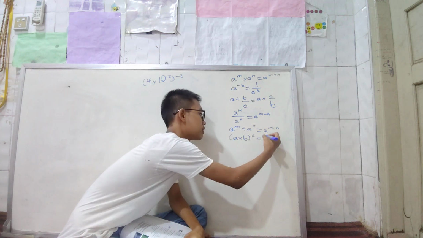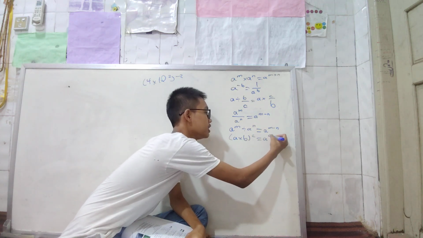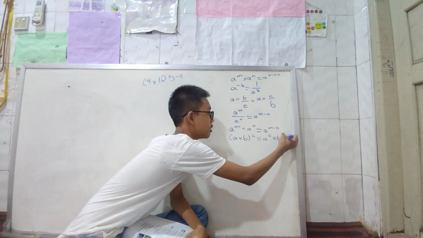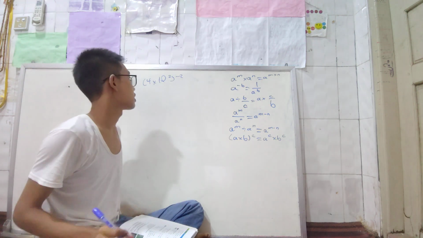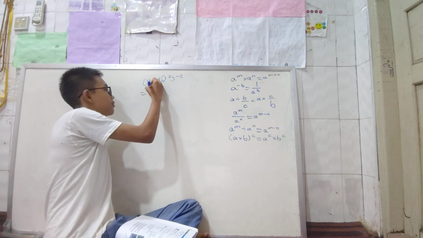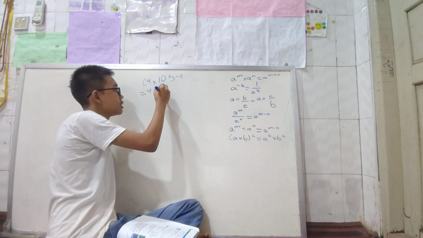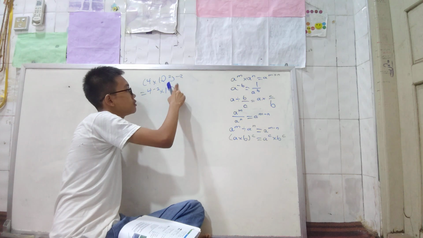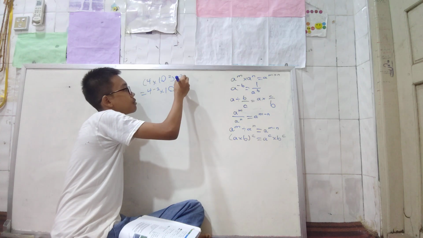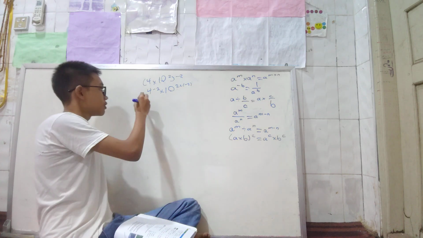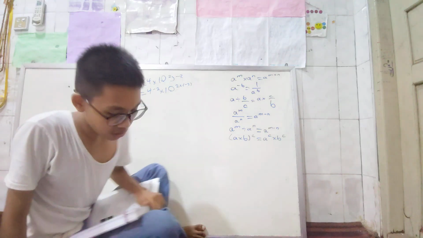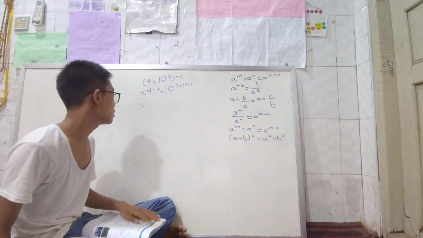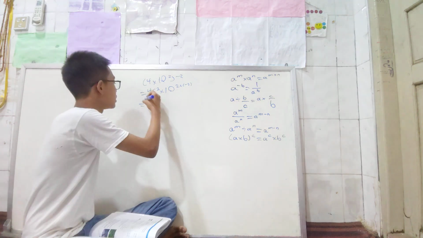That is always going to be a to the power of c multiplied by b to the power of c. So it's going to be 4 to the power of minus 2 times 10 to the power of 2 multiplied by negative 2. 4 to the power of minus 2 is 1 over 16. 1 over 16 is